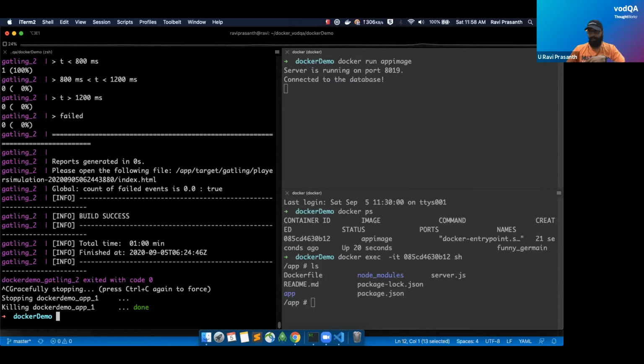Why is the Docker Gatling container exiting? Because I'm asking it to run a Gatling test. It has run, so its work is over, and that is why it exits. So you will have to do it that way. That is how we can bash into a particular container.